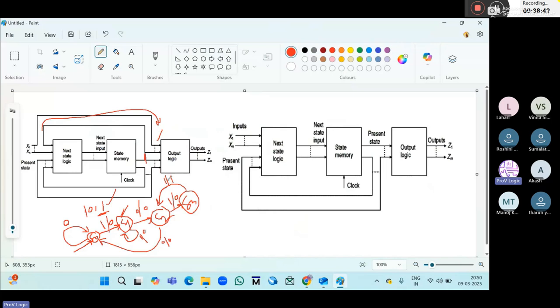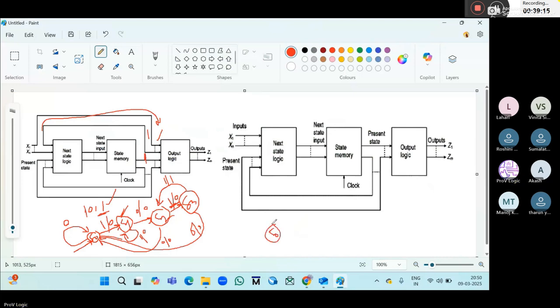So here it will be detecting from this signal and also the current state. Okay, so that's why we will have one state fewer comparatively. So here S3 will depend on this signal and also this signal. If it is a 1, 1. And if it is a 0, mostly it will go to the reset state. Even with 0 we get the output as 0 only. Okay, but coming to the Moore machine,